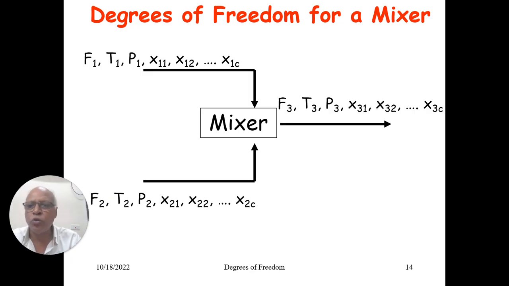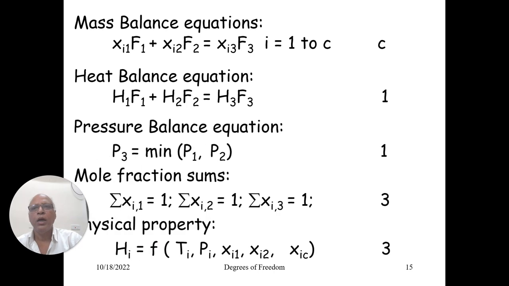Now let us try to do the same type of analysis in identifying the degrees of freedom. What is the number of variables and what is the minimum number of independent equations that you will be able to write among these variables? So just to spend a couple of minutes here. Now we know how to propose the mass balance equations. X, I1, I stands for the component, I stands for the stream. So if there are, I stands for the component because I am writing for stream 1, stream 2, stream 3.